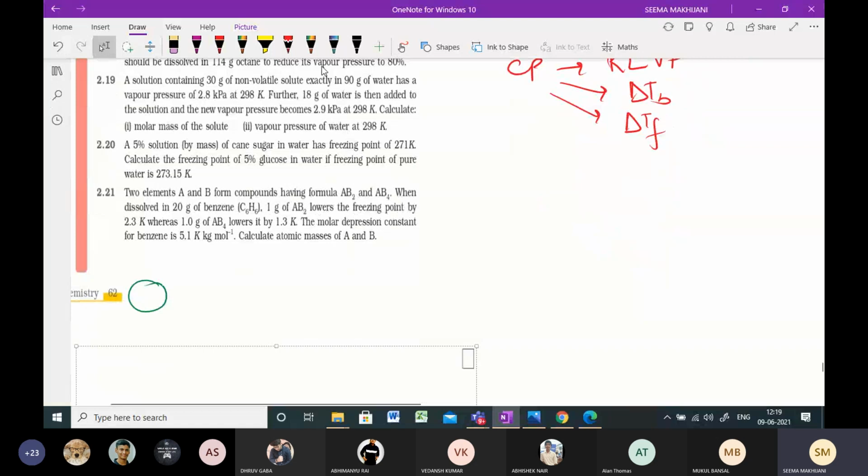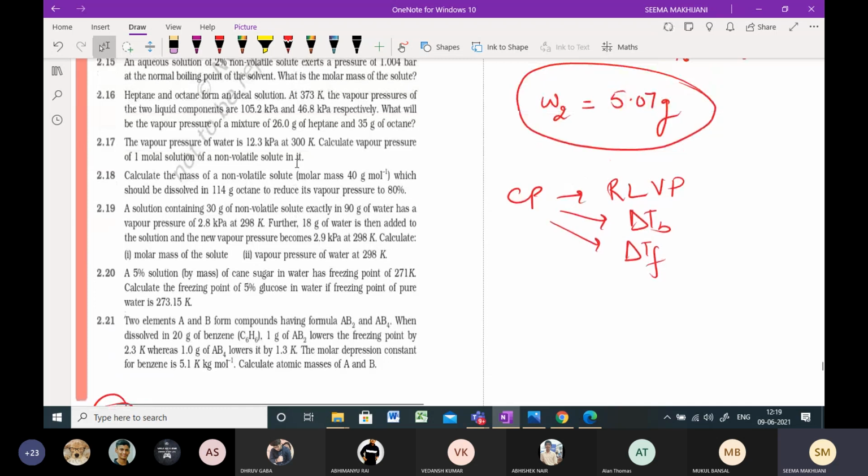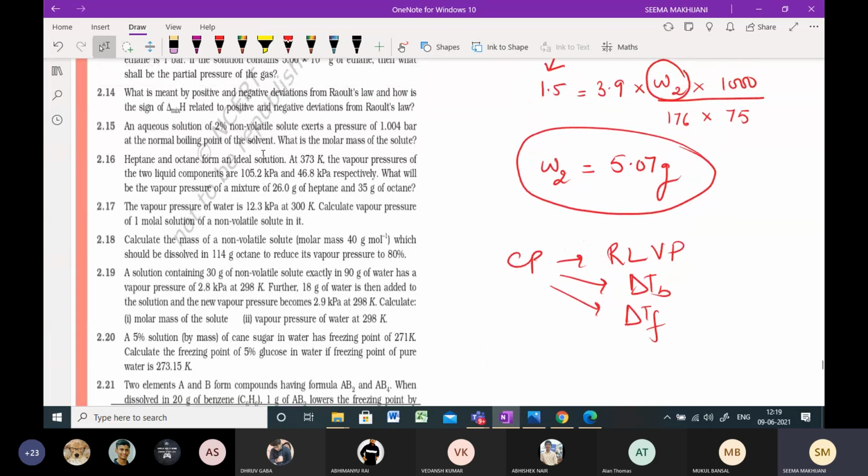It is NCERT page number 62. Everybody, NCERT page number 62 are the numericals that we are going to talk about now, the exercise questions. All right. We've already done the in-text questions. Now we are moving on to the exercise questions. Let's start with the exercise question.